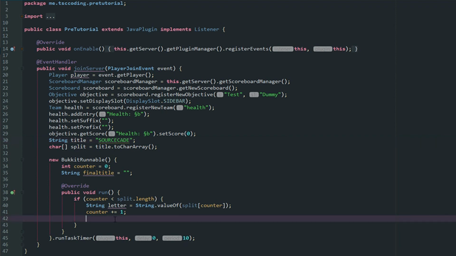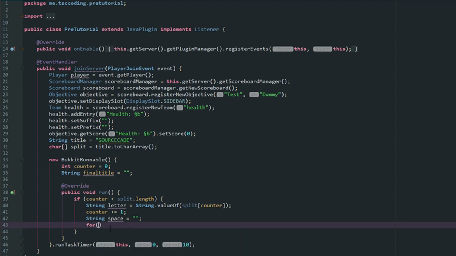But as far as making a simple animated scoreboard, it would work fine. So what we have to do is go ahead and say string spaces equals this. Then we're going to say for int i equals 0, and we're going to say i less than split.length minus counter, because we want it to get